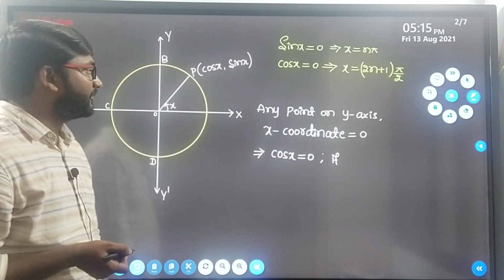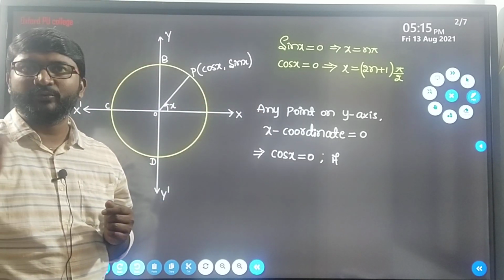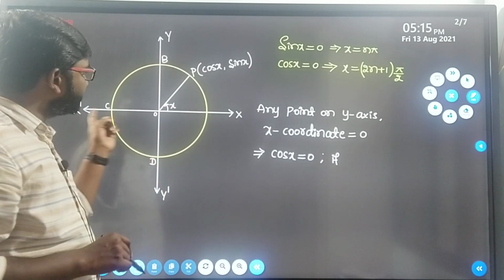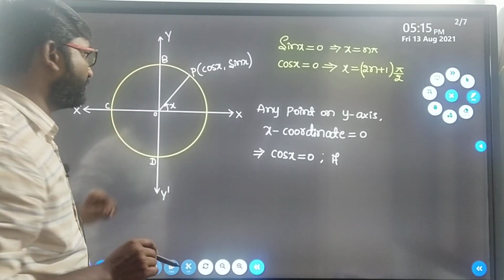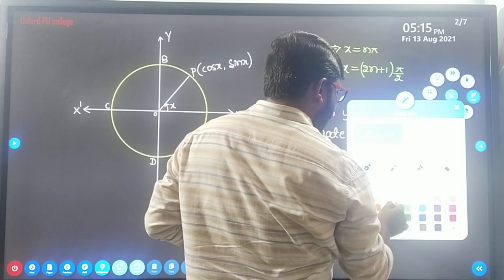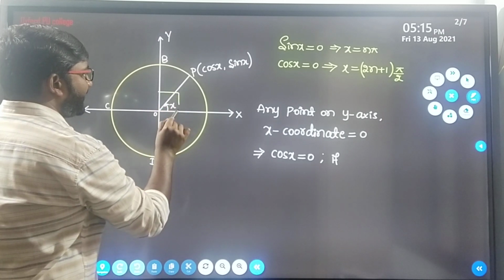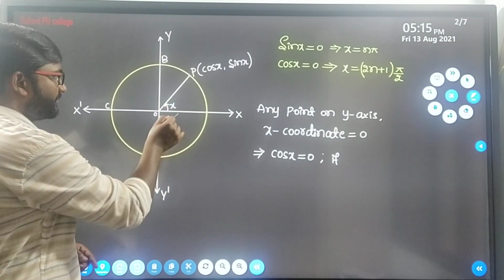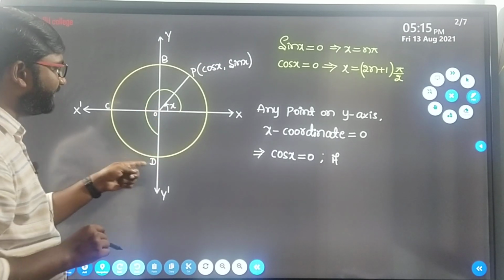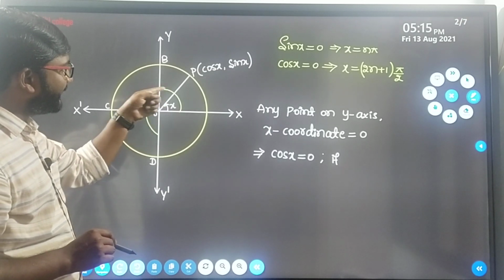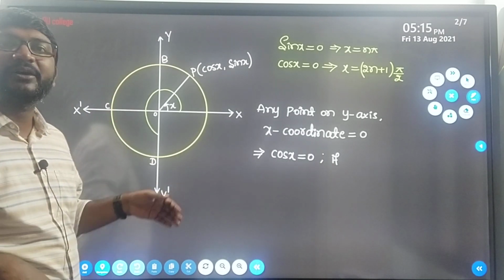we have to find the angles now. So what angles came on the x axis? 0 degree, pi radian, 2 pi radian, 3 pi radian, 4 pi, 5 pi, 6 pi; all those angles came on the x axis. So now what are the angles that we get on the y axis? Observe here, on y axis we get 90 degree. So this is going to be 90, and then from this if you rotate till here we get 270. So we get 90, 270 plus this angle. So all those angles will lie on the y axis.